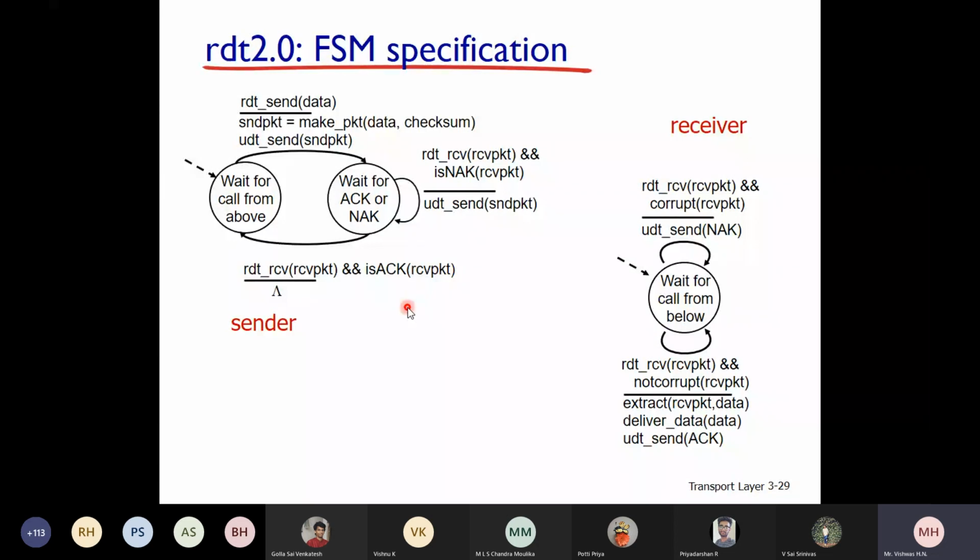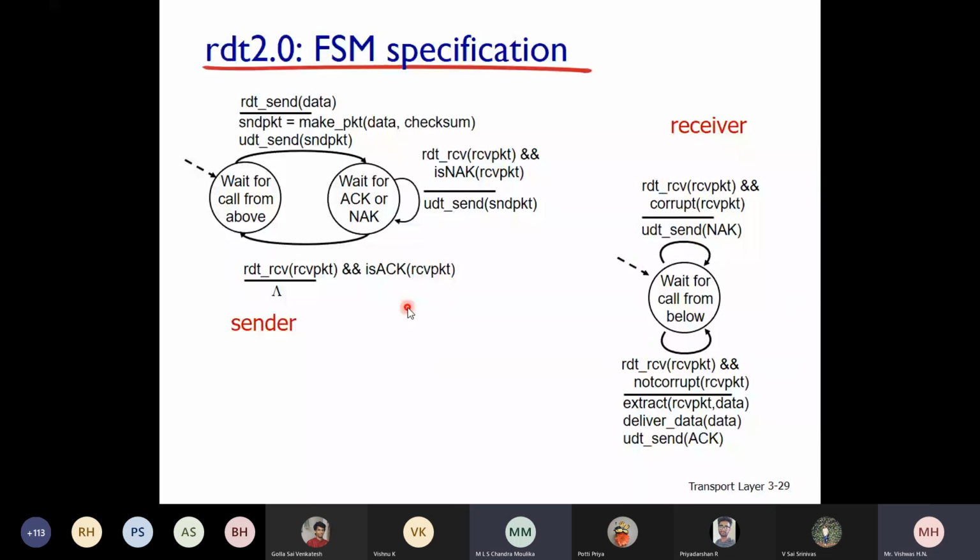Initially you see that there are no bit errors and no packet loss in the communication channel, and how it works. And if there are bit errors, how are you going to recover? Then the next one, 3.0, will come. In 3.0 we will assume that there is packet loss also. In that case, how do we overcome it? So you combine all this and make a new protocol called TCP. Is that clear? These protocols are not in use now. It is for you to understand how TCP works. Is that clear? Yes, sir.